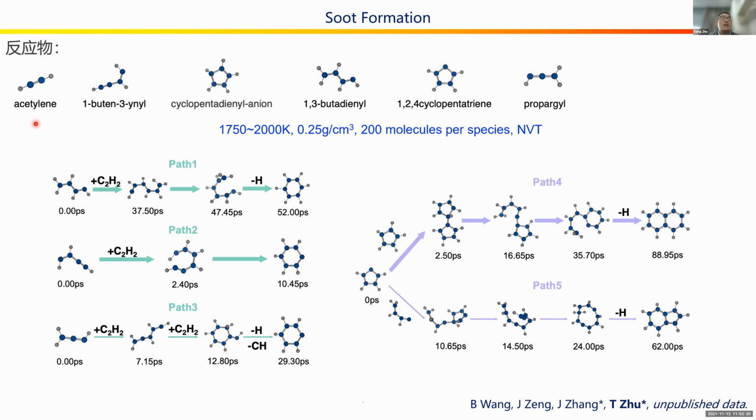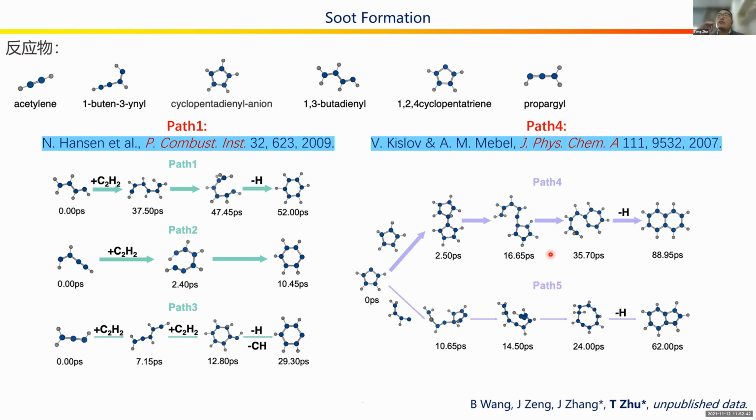So the reactants are acetylene and 5 typical radicals from the incomplete combustion. And starting from these reactants, we observed, for example, the formation of 1-ring PAHs and the formation of 2-ring PAHs in the trajectory. And for example, these two paths, path 1 and path 4, were already proved in previous studies by using theoretical calculations or experiments. But path 2, path 3, and path 5 are all new reactions we found in a